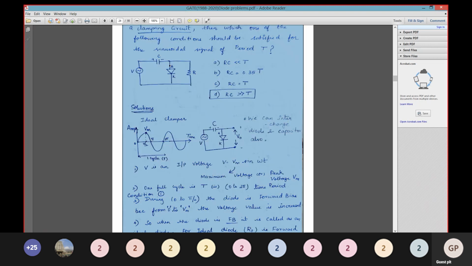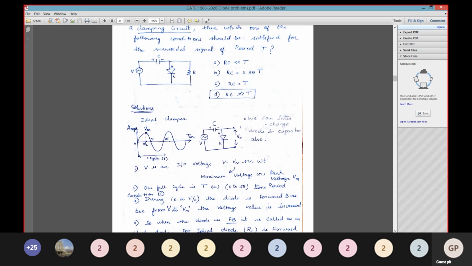The anode is connected to the positive side of the battery, and the cathode is connected to the negative one. So obviously, when we get a positive wave your diode is on, and when we get a negative wave the diode is off. Okay, the diode acts as an open switch.